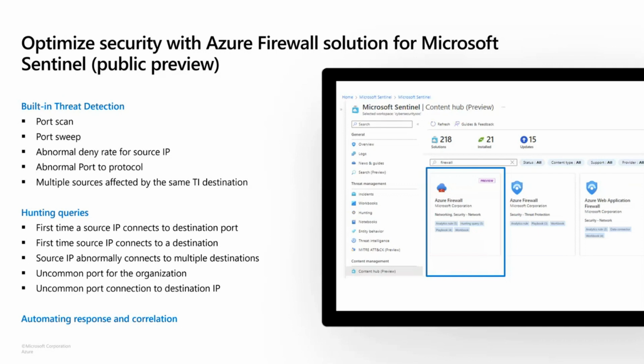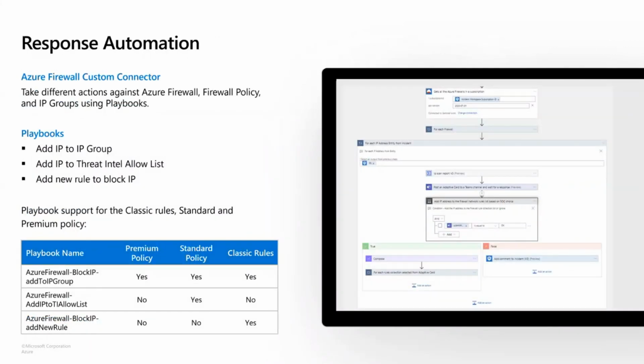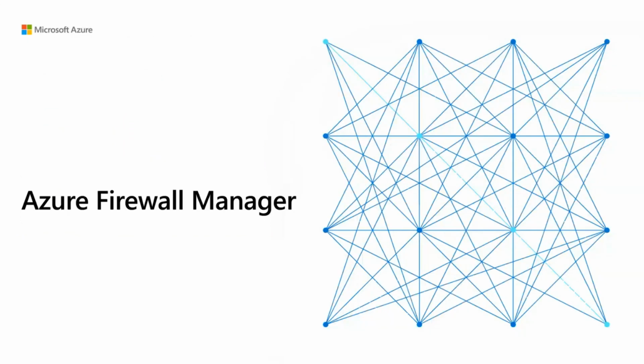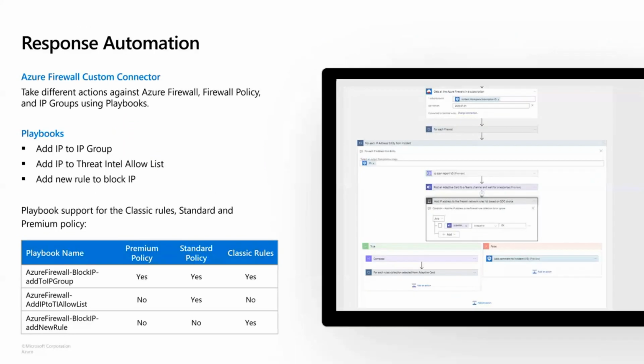And then there is that piece of automatic response that we talked about. I will just talk about it here. So what kind of automatic response does the Azure Firewall solution have in Azure Sentinel, right? So we talked about that port scan, port sweep kind of incidents. If that incident occurs, Sentinel has a way of creating a playbook. And then what kind of things you can do is here, right? So if I see an IP doing port scan,